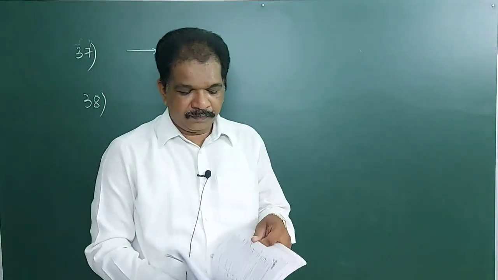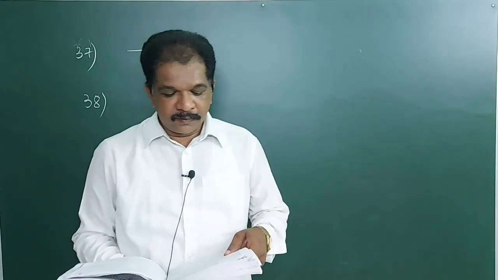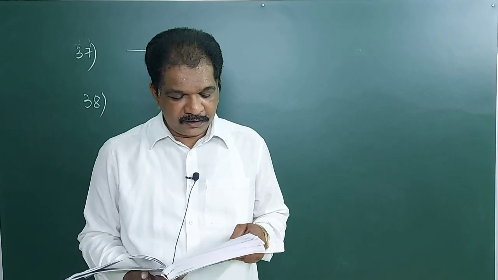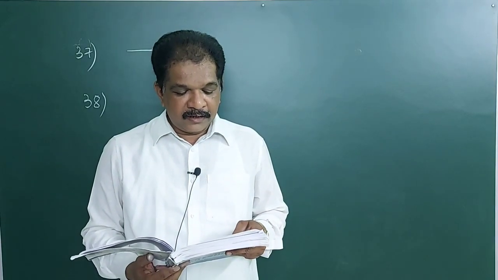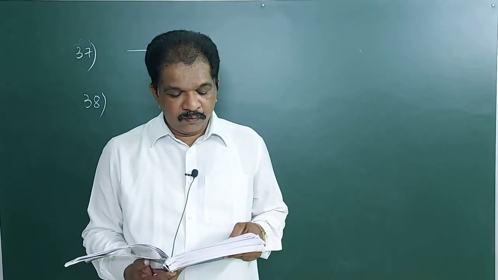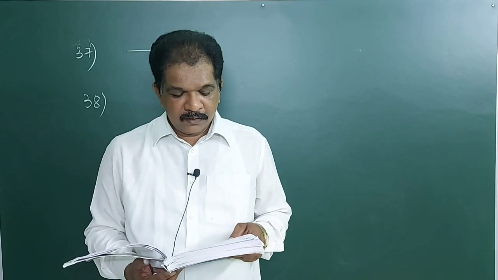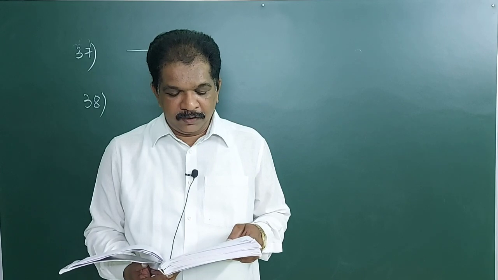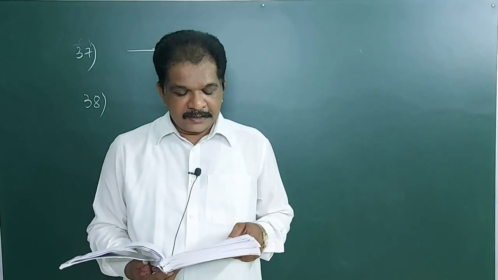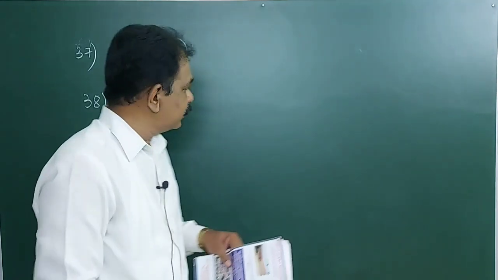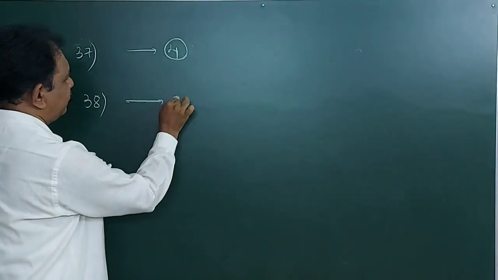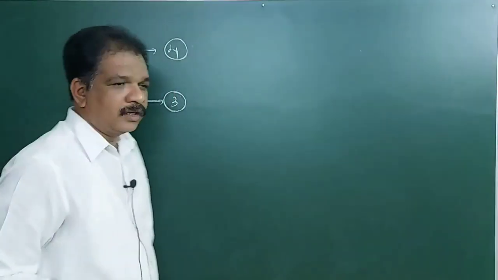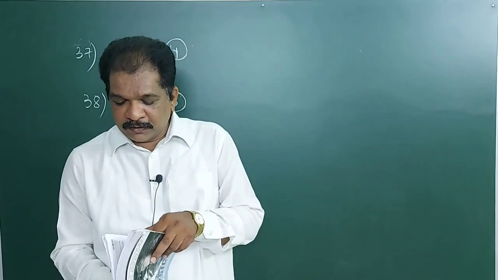Last question. Now we will conclude this session. For a transistor amplifier, the voltage gain is low at high and low frequencies and constant at mid frequencies. This is also the third option. 38 will be the third option. Okay. With this we will conclude this session.